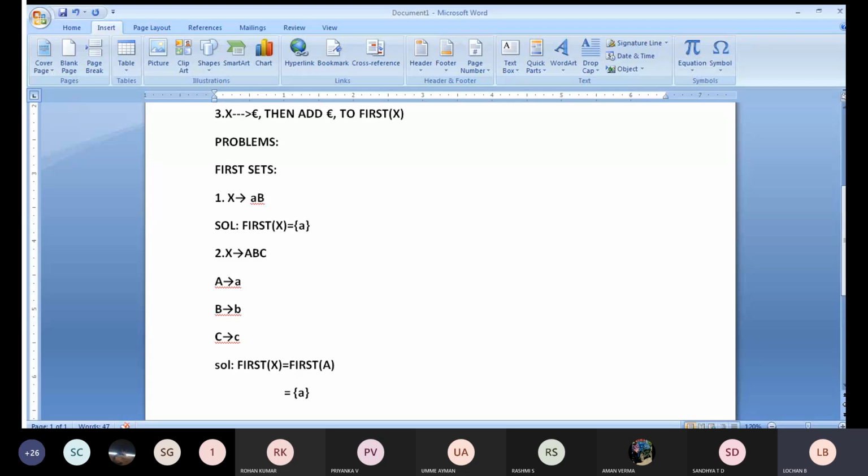Capital letters A, B, C are all there. But whenever we continue the production with respect to A, we need to concentrate only on the A production. In the A production, you may get terminals, non-terminals, or epsilon. So in that case we concentrate only on A. For example, if they had given B, we would have solved B's production next. In B, the small letter b was there, so we would apply b here. In this particular case, we got only the small letter a. We stop the production at first of A itself. We will not continue here.